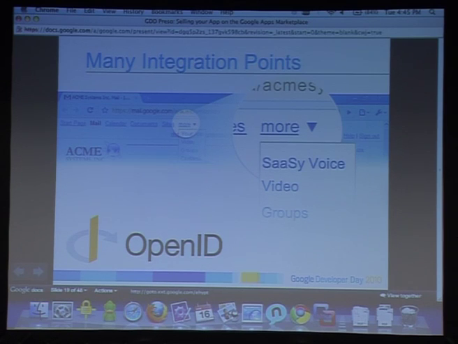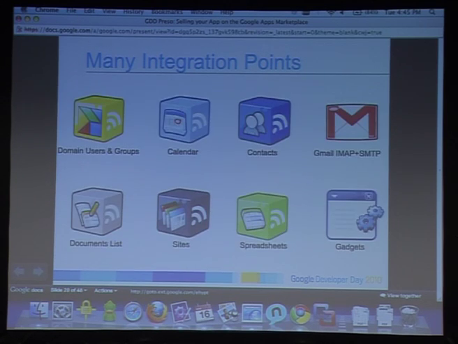So you install the application from the marketplace. My application, SaaSy Voice, will appear in the navigation link on top of Gmail. When you click on it, since you are logged into Gmail, you will also be logged into the application. That means the users will not have to create a new user account, create a new password, which is usually the same password they use for their private email, and change the password every 6 months and so on. And you don't have to store this kind of information. And then